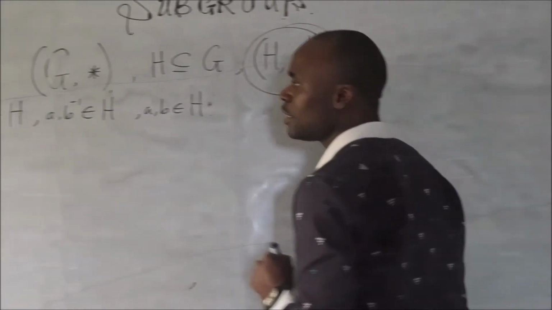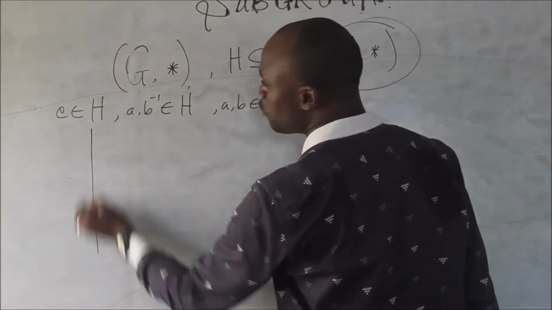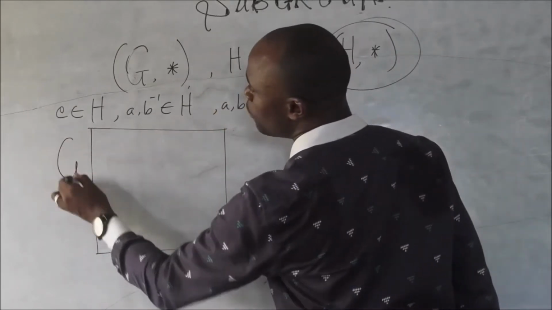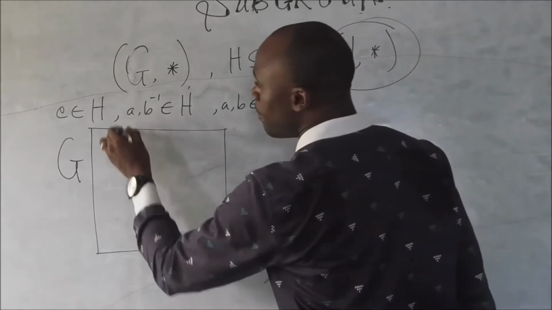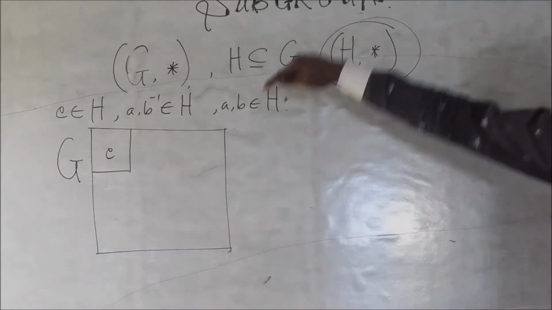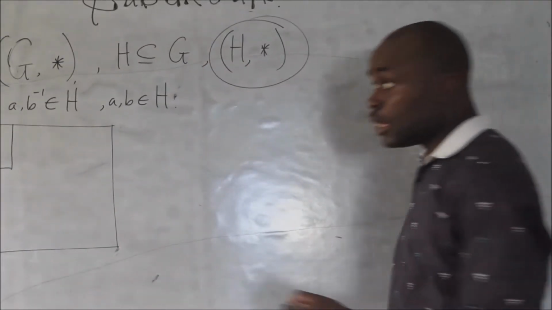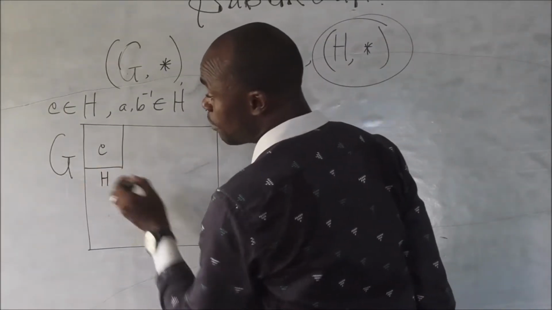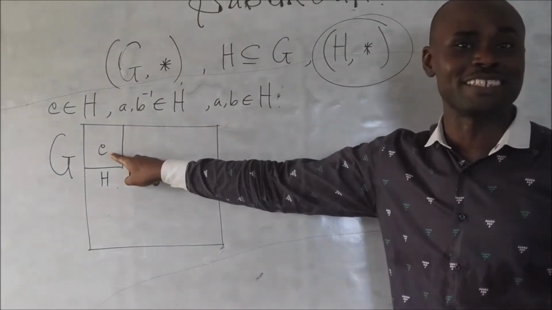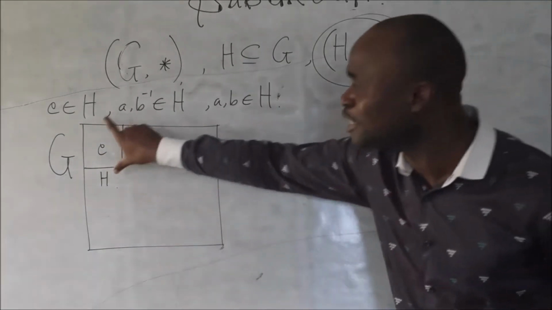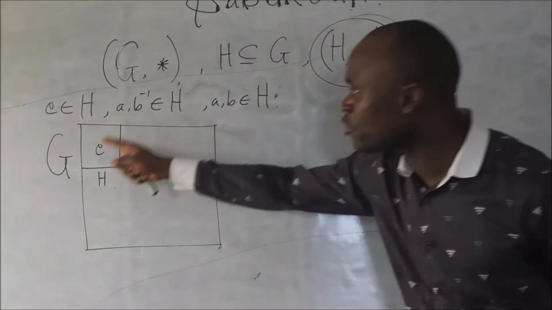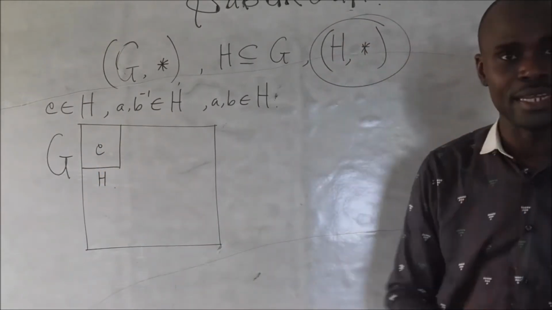Remember I said that it is possible, let's imagine that this is a group G, and we cut a part of it that contains the identity element. That part can be called H, and it is actually a subgroup because it contains the identity, and the inverse of the identity is the identity itself. So this is a subgroup itself. Remember I said that is a trivial subgroup. The trivial subgroup is that particular group that contains only the identity element.